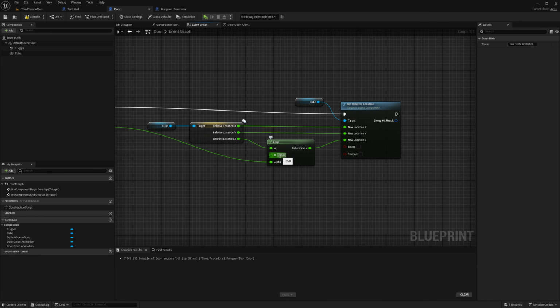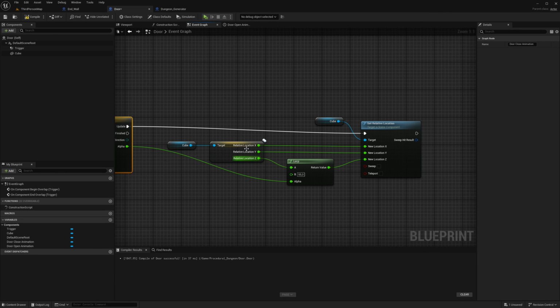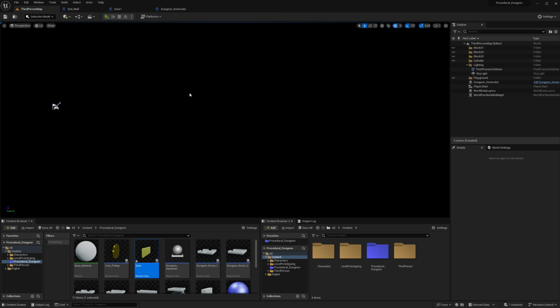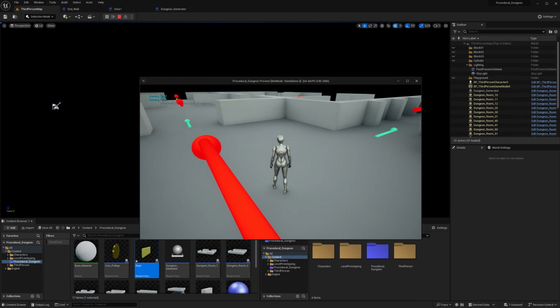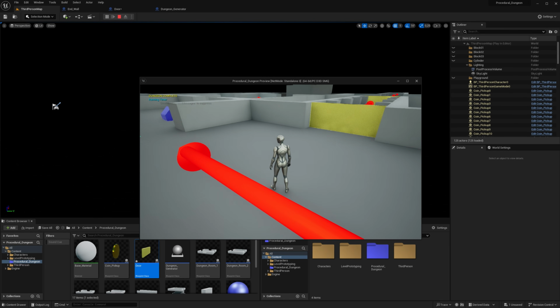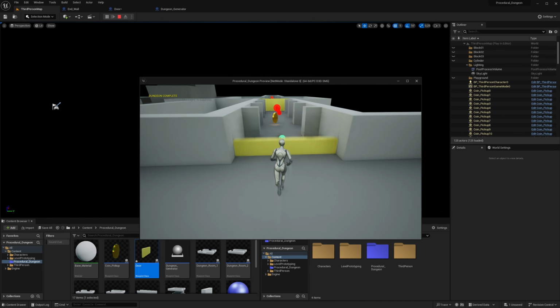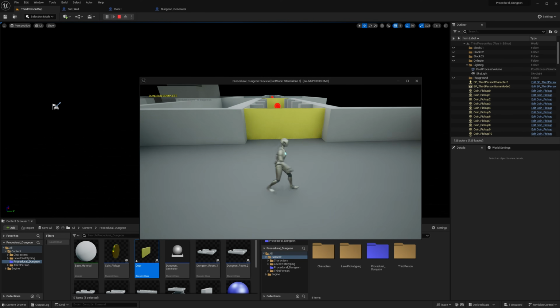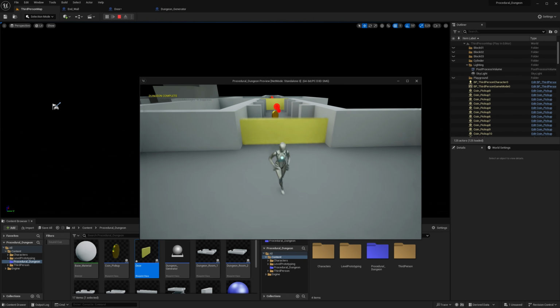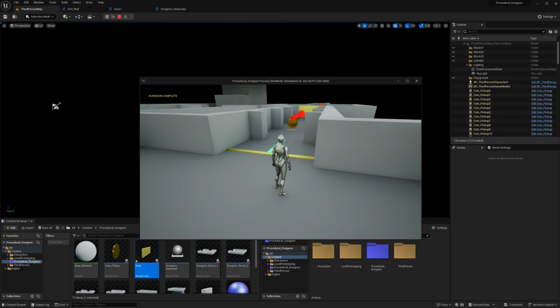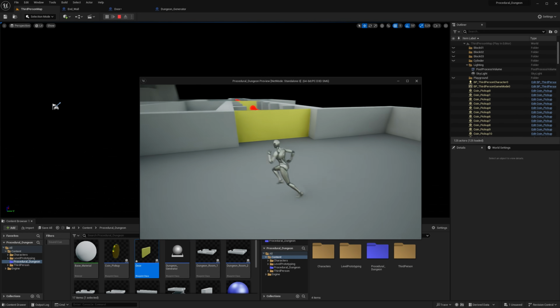And then we should just remove the minus, so it moves the same amount but in the opposite direction. All right, it works. That's fantastic, guys.